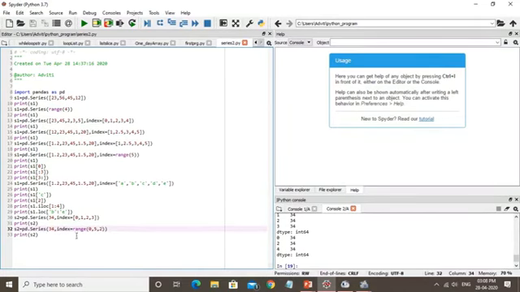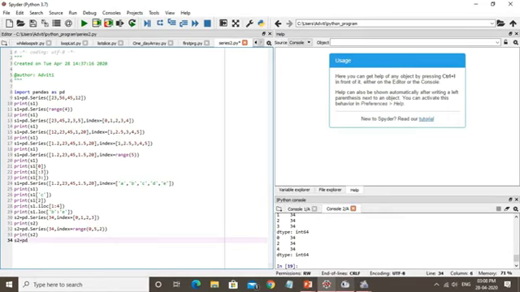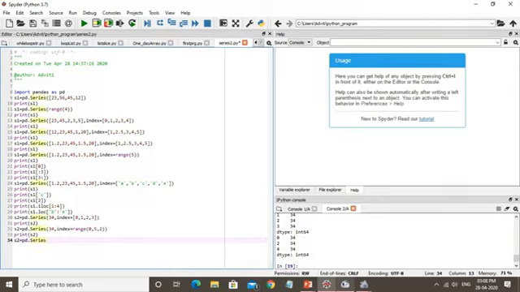Now we can create a series using a string as index. How can we define it? Let's say I'm creating a new S2 equals pd dot Series, and then I can use any string value. Let's say I'm using welcome in Python series, and given the index.